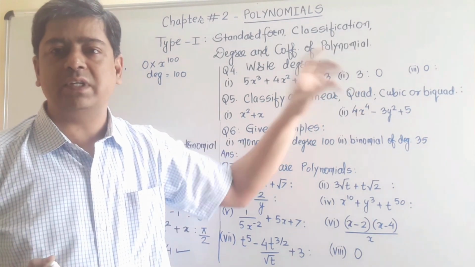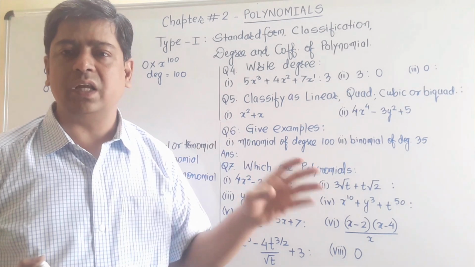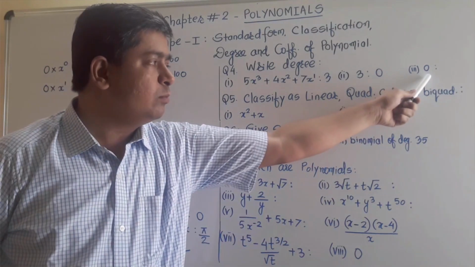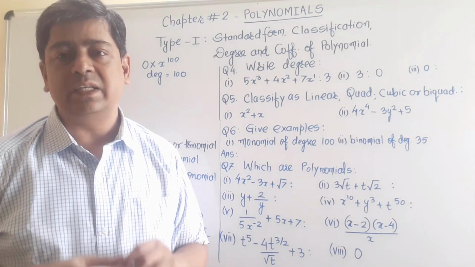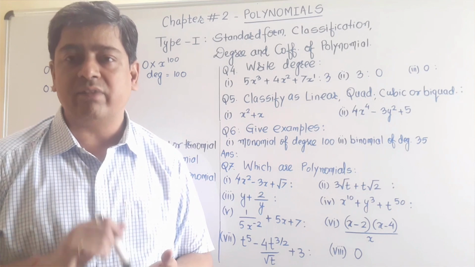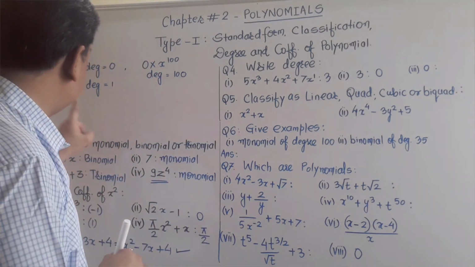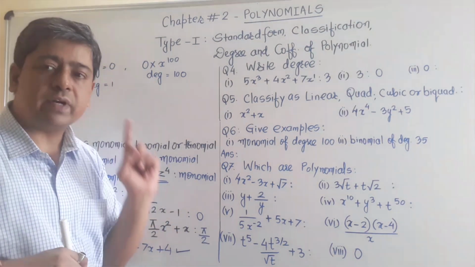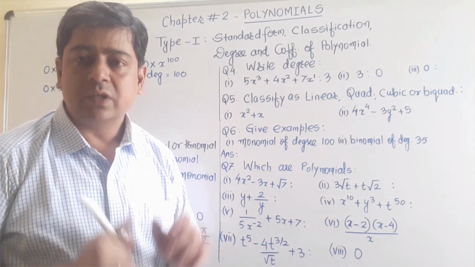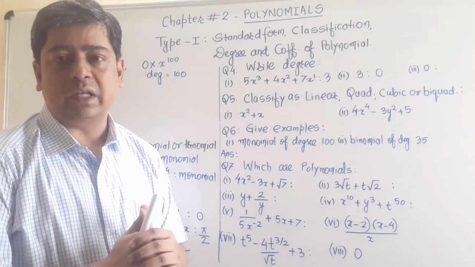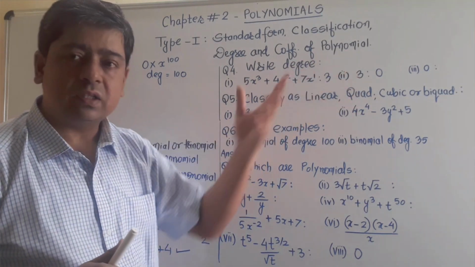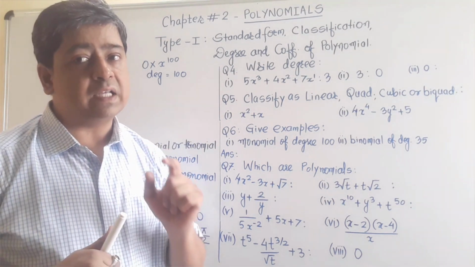Constant means having some fixed value like 3, 5, minus 3, 7. But this polynomial is a 0 polynomial, and the degree of the 0 polynomial we cannot define, because along with 0 I can take different terms of x having different powers. So here there is a confusion about what the power of x can be. In the other question there is no confusion. Why? Because the answer should always come 3.